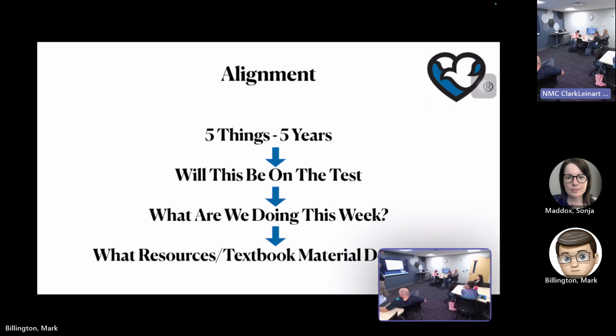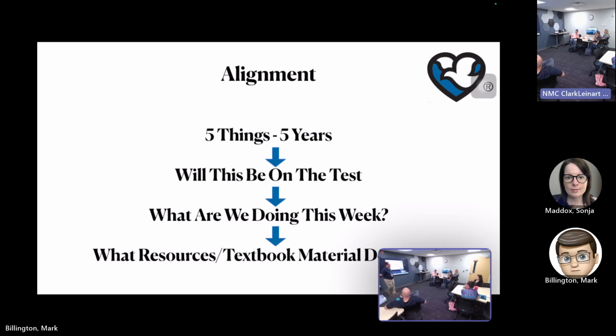You ever hear the term, I'm doing busy work? Always. Always? What's that probably telling you? That what I asked them to do in this assignment isn't really going to line up with the test. And it really doesn't matter 5 years from now whether I knew that or not. But if you think about aligning this, and then finally, what resources, what study materials, what textbook chapters should I be assigning to align all of those different pieces?